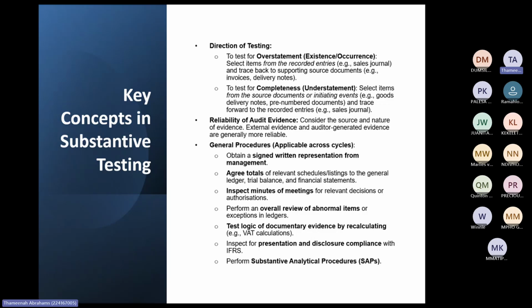Now the same can apply with debtors. If you see a debtor balance in the financial position as 5 million rand, how do you know it's 5 million rand? You're going to request the client for a debtors age analysis. In that debtors age analysis, we'll have each and every debtor listed separately. So it will be debtor A, B, C, D, E, F, G, and it will have the balance for each debtor. You will then add up, make sure that all the amounts agree to the 5 million rand, and then you will say 5 million rand does agree to the general ledger, trial balance, and your financial statements.